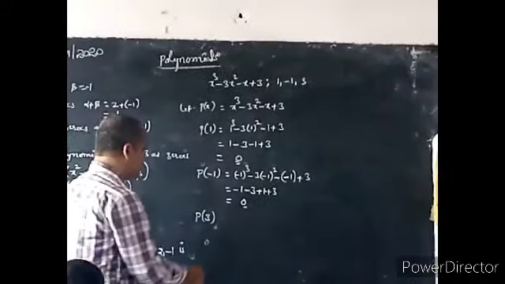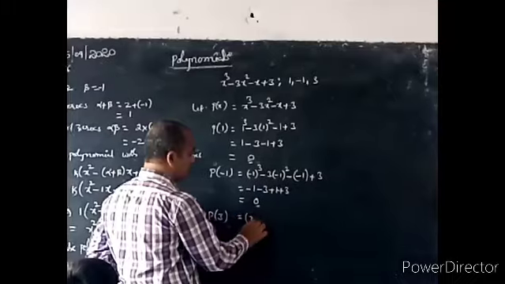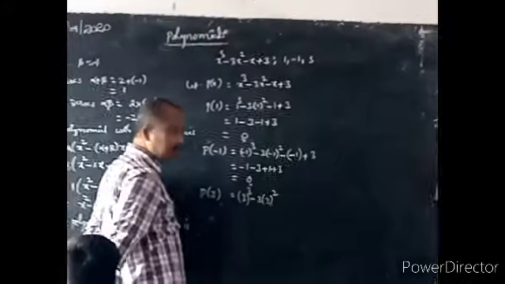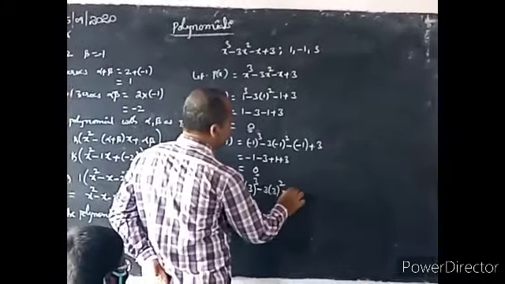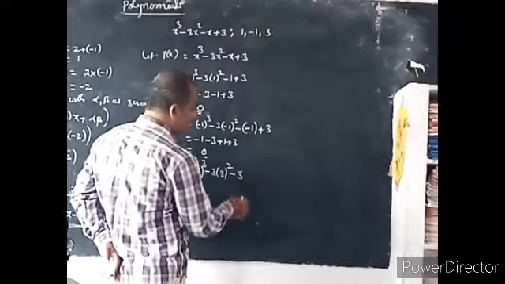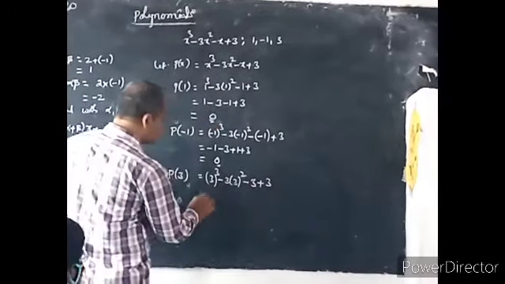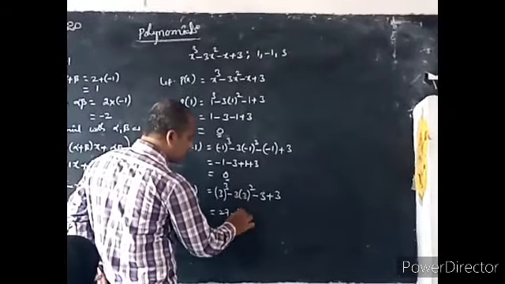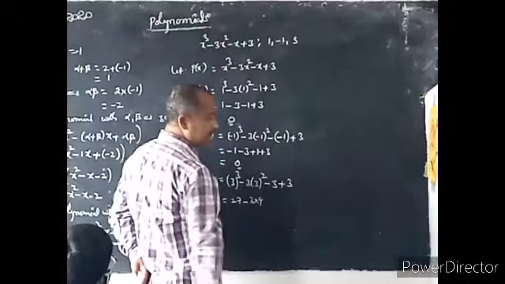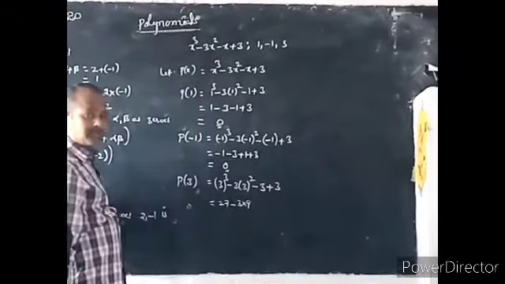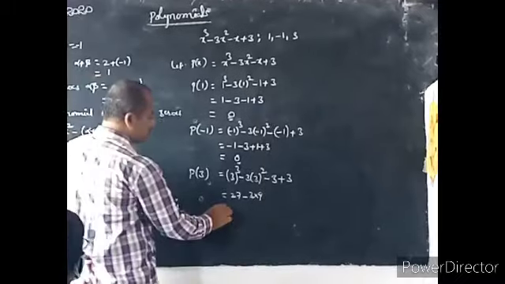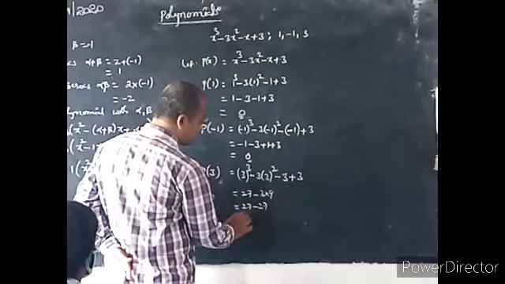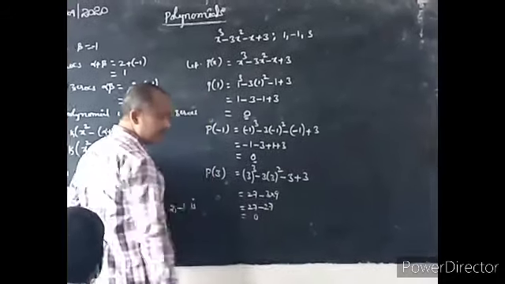3. Now substitute 3. 3 cubed minus 3 into 3 square, minus 3 in place of x, 3 only now, plus 3. 3 cube is 27, minus 3 into 9. Then minus 3 plus 3 becomes 0. Now 27, 3 9s are again 27. 27 minus 27 is 0. Therefore